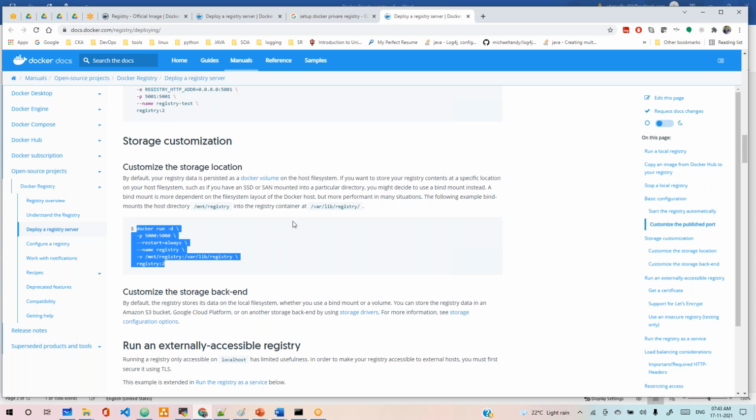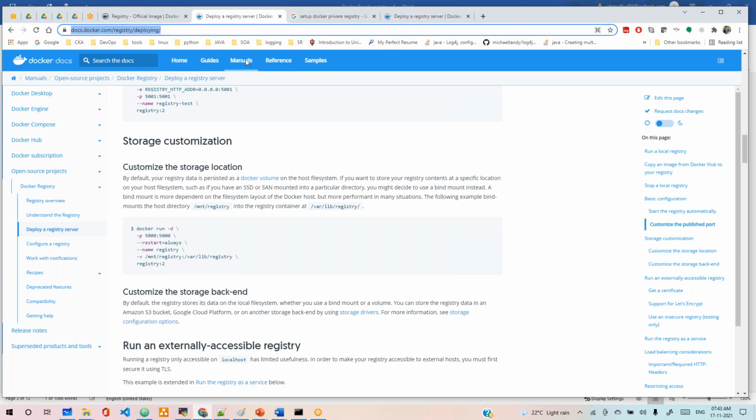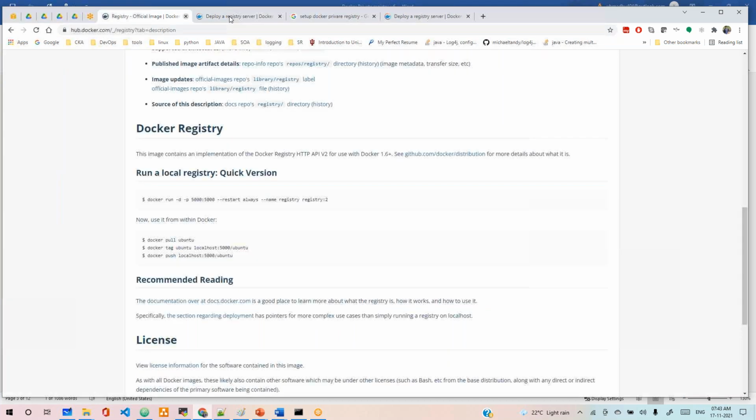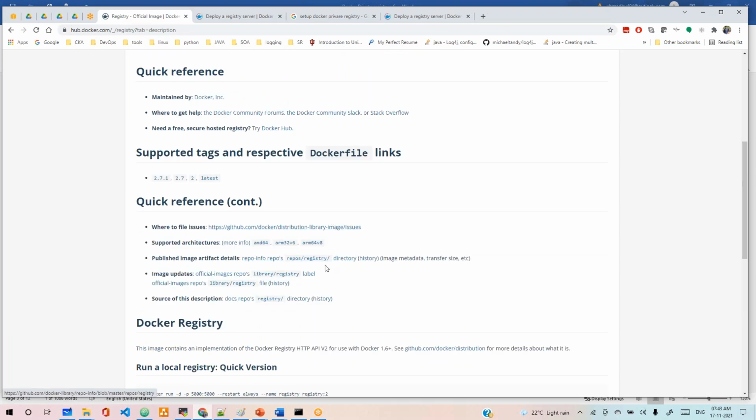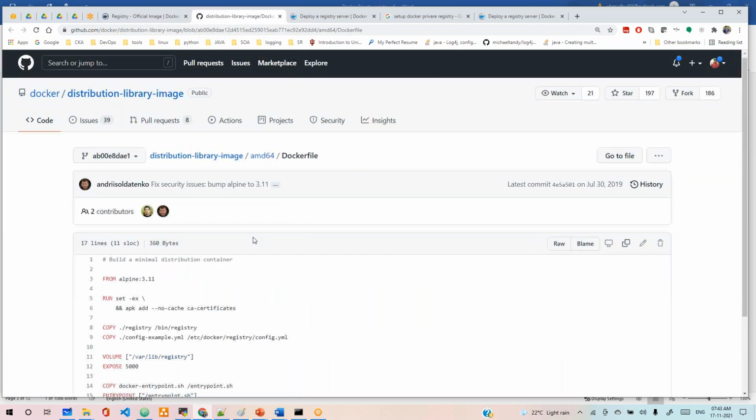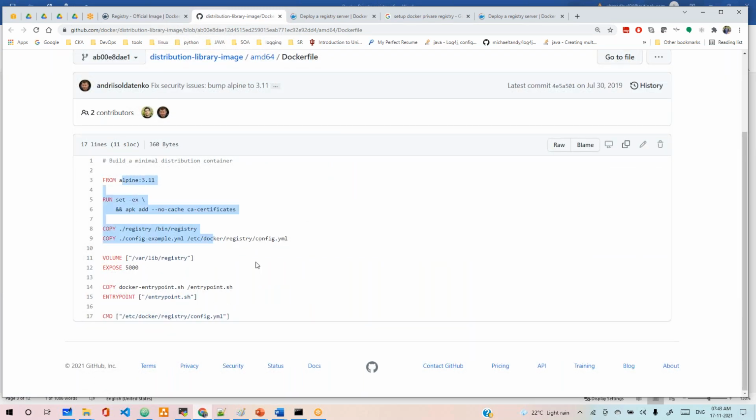This is one method. There is another method also. You can get to know the volumes and anything. Basically, 99% we have the Docker Hub. This registry is available, or else you can go to these libraries and see that this is the image they are using. See, it's a simple one. Simple registry code they've written, bin library, and then they mention